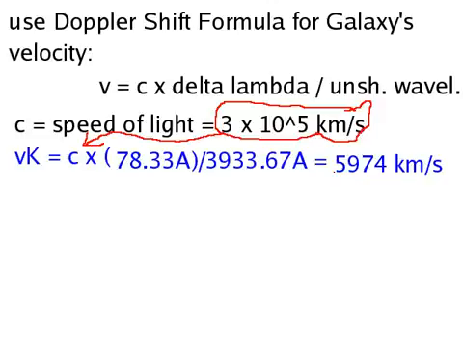So let me type out the 3 times 10 to the 5, and I'm going to not do the units or we'll run out of space. And that was 78.15 divided by 3968.85. And that's going to be, let me quickly go ahead and calculate that. So 300,000, because my calculator is not very sophisticated here in the computer, times